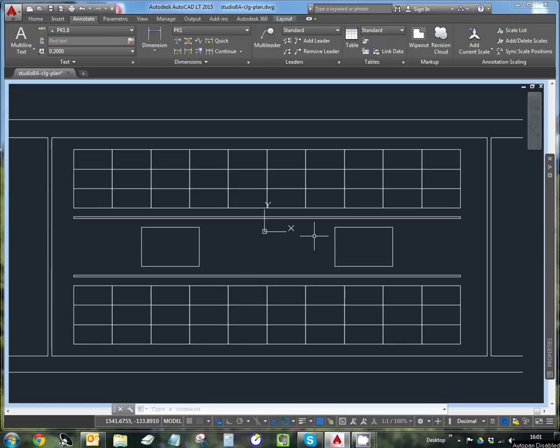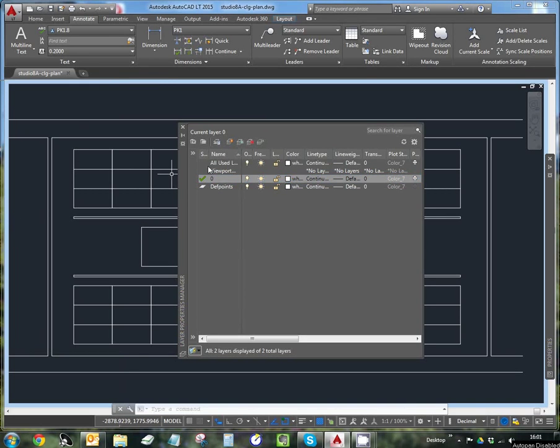I'll move on to changing this drawing into all the things that need to happen to make it a production drawing. The first thing to really focus on is layering. Layering is very important in a CAD drawing, because it means you can control parts of the drawing more effectively. At the moment, I'll just bring across the layer box from off screen into on screen, everything in this drawing is on the 0 layer,